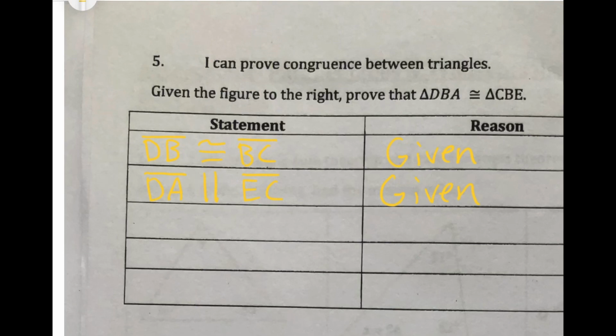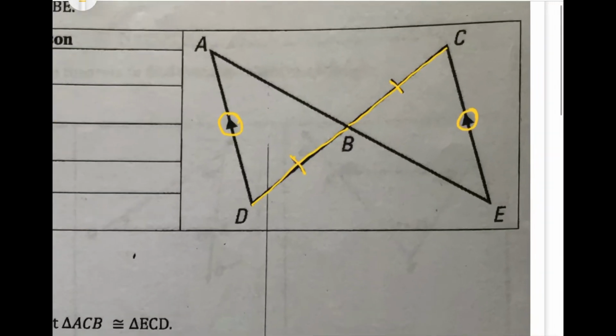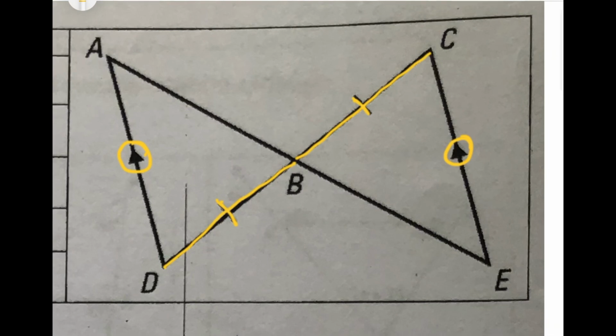Now, we have to go through this information and figure out what else do we need to find, or what else do we need to prove, so that we can say that these two triangles are congruent by either side, side, side, angle, side, so on and so forth. So, if we have